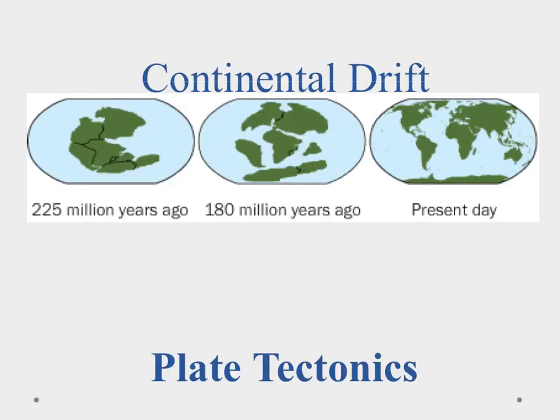Now, continental drift is another one. 225 million years ago, it was believed that all of the land masses were locked together in what we called Pangaea, one supercontinent. And over those past 225 million years, these continents have migrated and moved to their present-day locations. And by looking at this, we can see how populations that would have once thrived here were together,